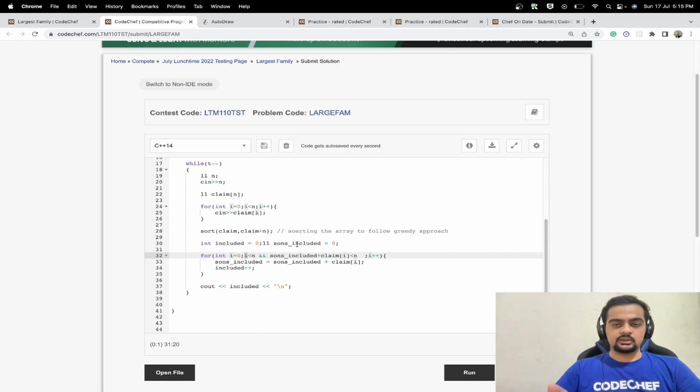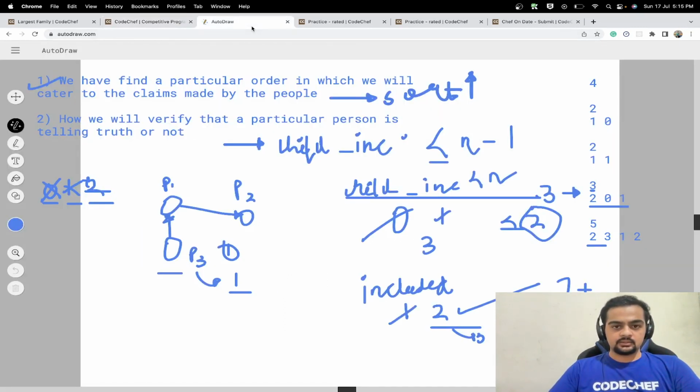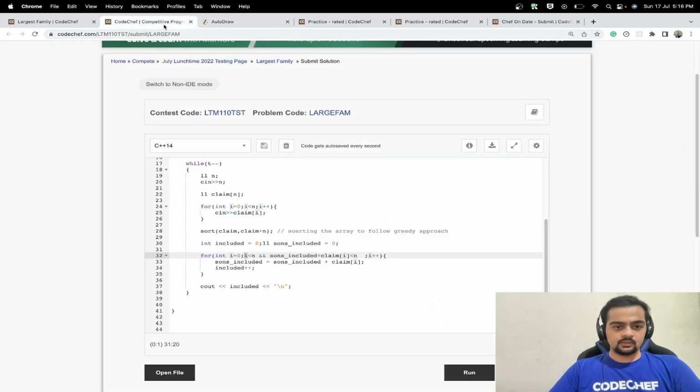So that is the count of the sons that we have already included, and this should not be greater than or equal to n. We have already discussed this, that is, included child count would be less than or equal to n minus 1. So we are iterating throughout the sorted list